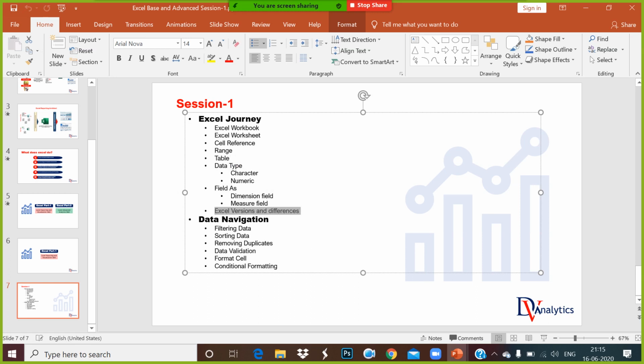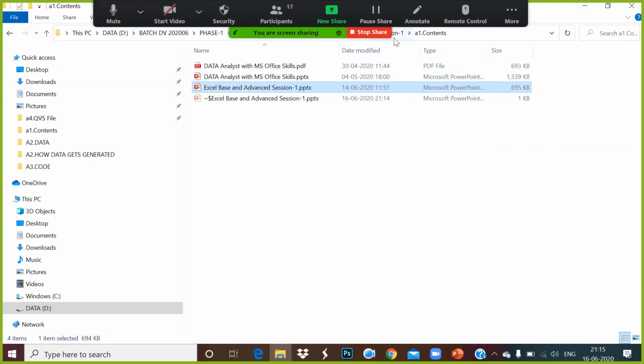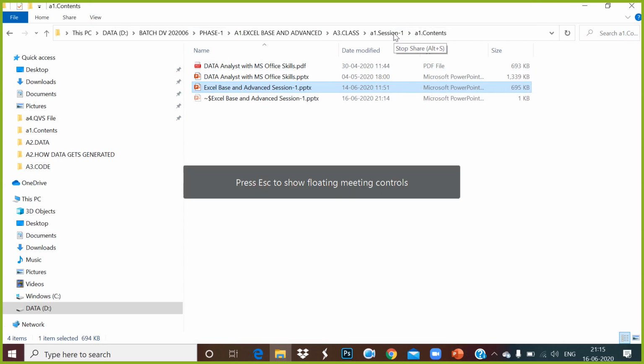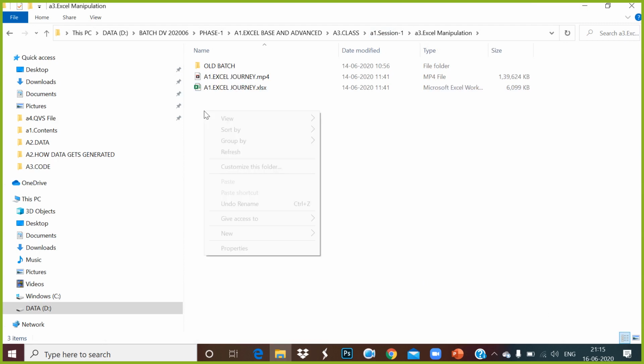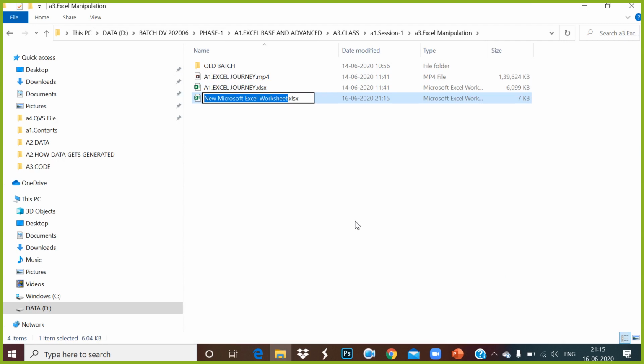Okay, so let me start with the next part, which is data navigation within an Excel file. So let's start with Excel navigation.